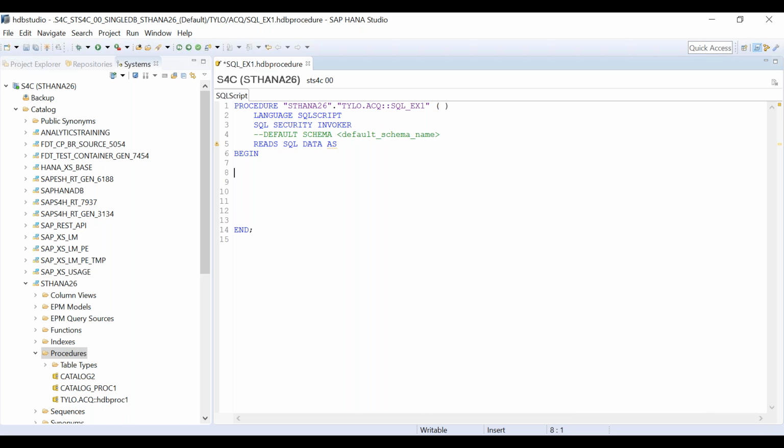So for example, if I write something like this, declare v underscore first name. Now what will be the data type? Data type could be n varchar, could be varchar, right? So what I will do, I will take n varchar. N varchar 100 characters, and default would be, I'm just writing as Tom. This is declare. So I'm writing one variable which is f underscore name, and this is Tom.